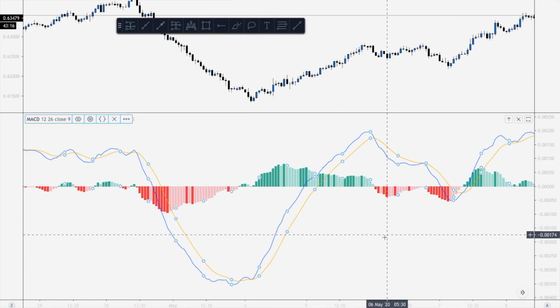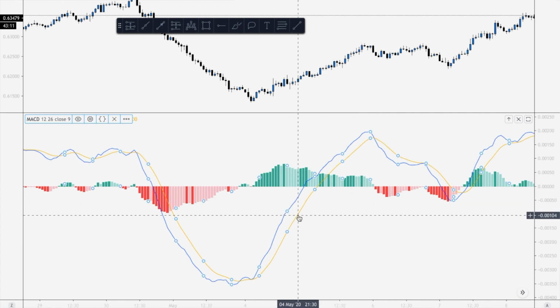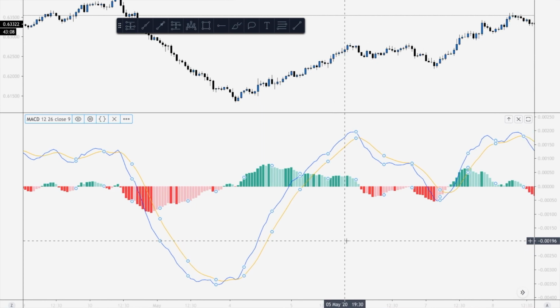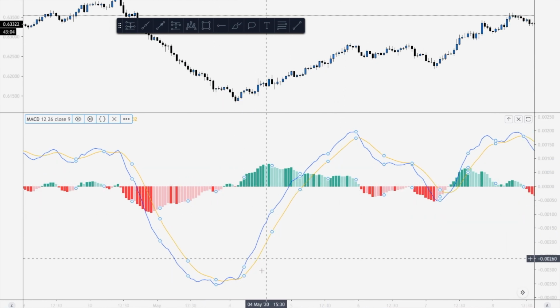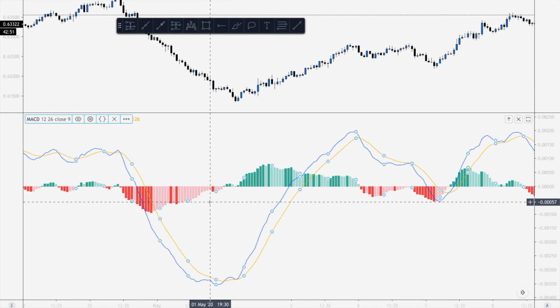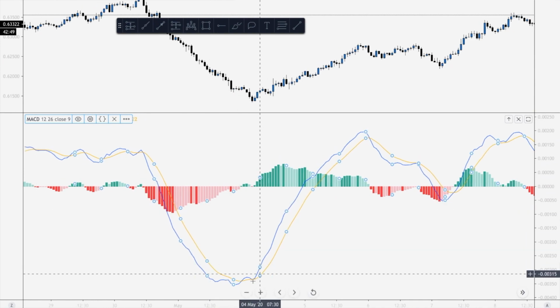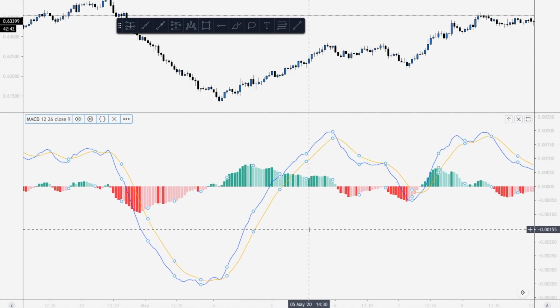So this is the MACD indicator. The blue line is the MACD line and the orange line indicates the signal line. And these two lines are plotted over a baseline. Now MACD crossing above the baseline or 0 level gives us a bullish signal, and when it moves below the 0 or the baseline, it gives us a bearish signal. Also, when MACD turns up from below 0, it is considered bullish, and when it turns down from above 0, it is considered as bearish.